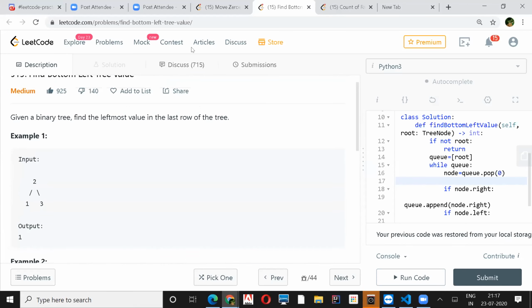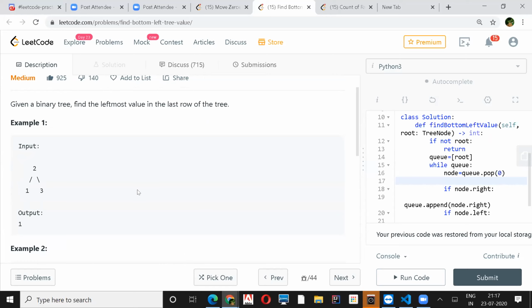So what would be the brute force here? The problem is we have a binary tree, and they have not mentioned it's a binary search tree. It's a very simple binary tree, and we are given a root node.